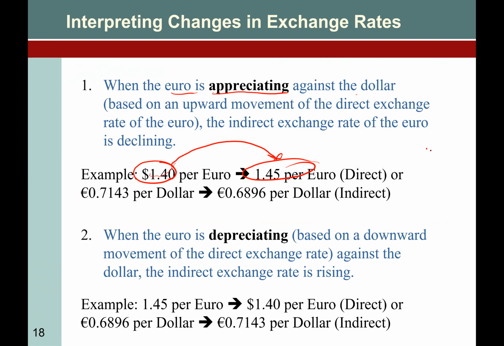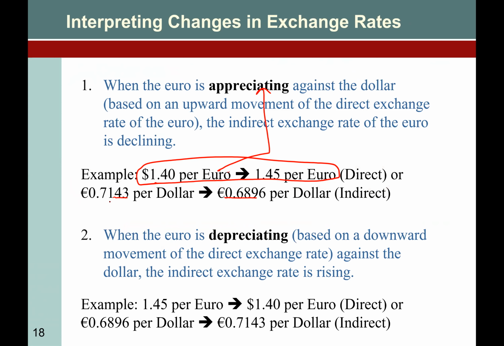Previously it took 1.35 dollars to buy 1 euro, and now it takes more dollars to buy 1 euro. It means the value of the euro increased, right? So it means dollar is depreciating and euro is appreciating, right? So if you convert this into indirect quotes,